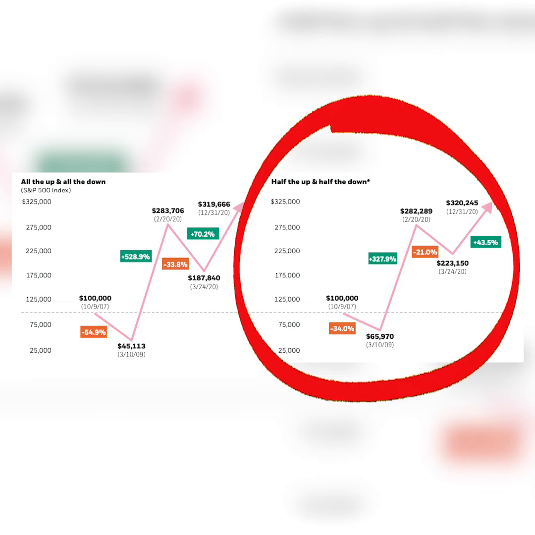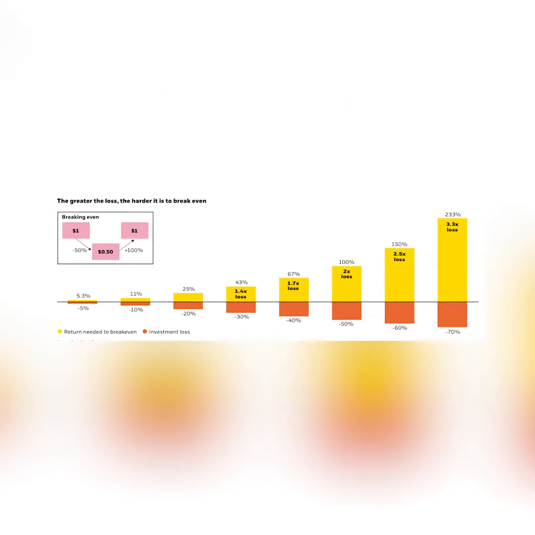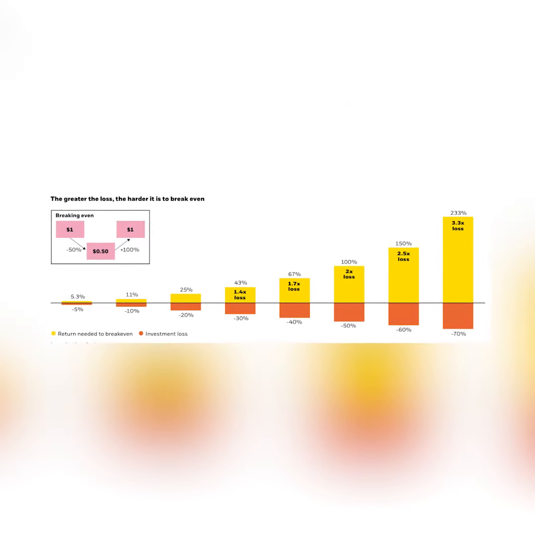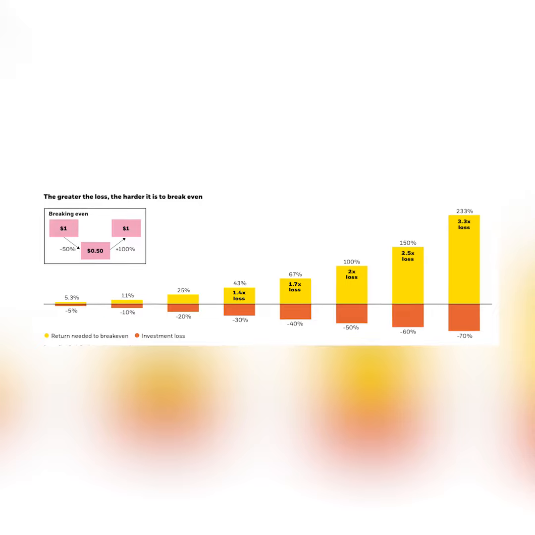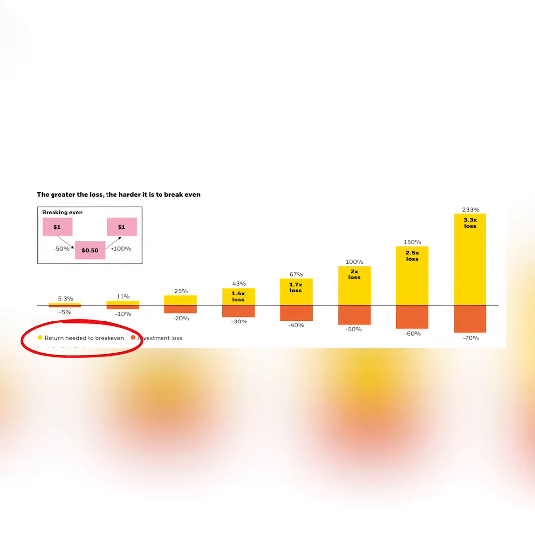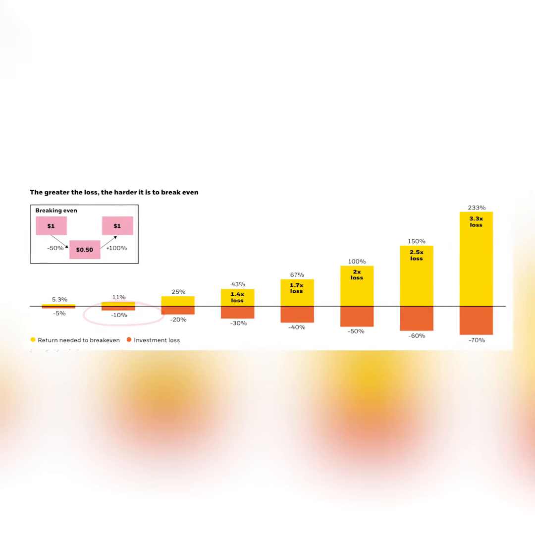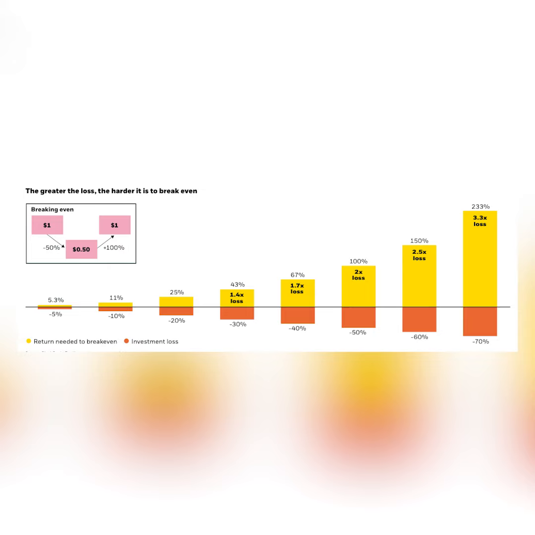We also took roughly half of the gain off the table, but we didn't go down as much when the downswings did occur. The next slide shows what you need to return, assuming a 5% loss, 10% loss, 20% loss, and so on. One of our favorite trick questions to ask is, say you start with $100,000, go down by